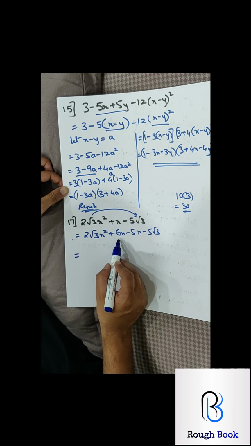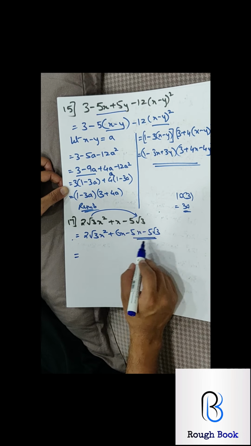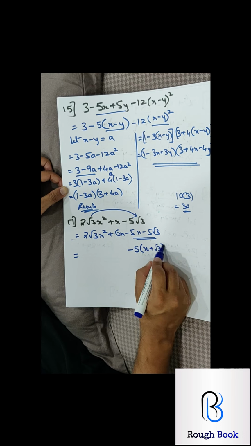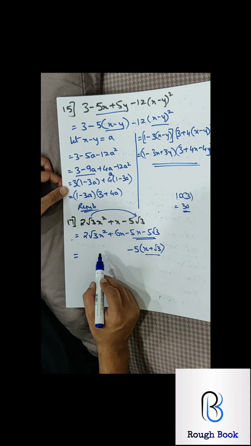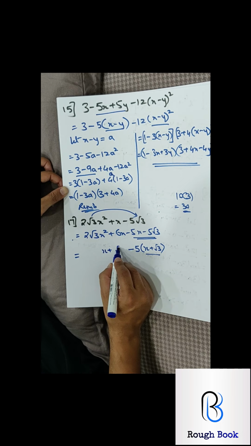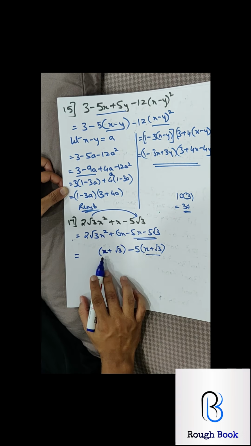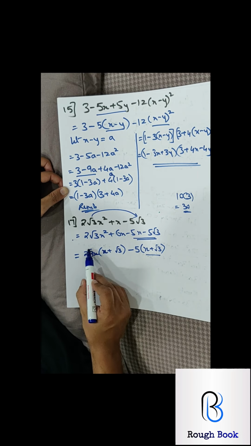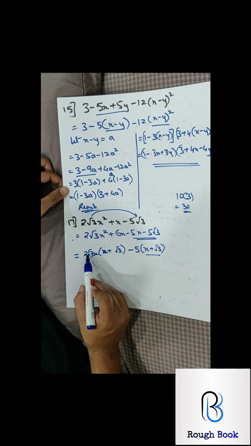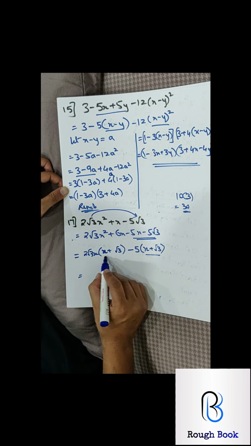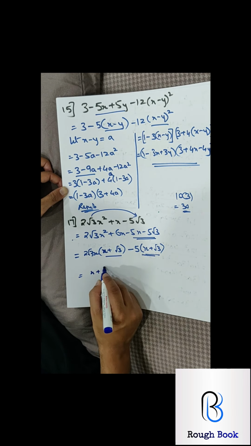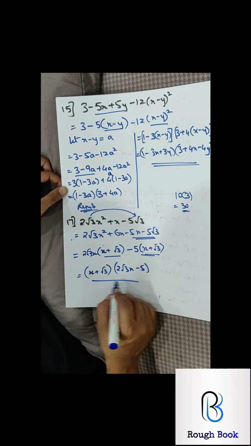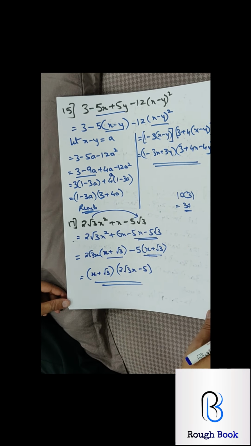Now here it's difficult to find out what's common, but here it's simple. So start with the part which is simple. I can pull minus 5 common, x plus root 3, because minus has been pulled. Same thing has to come here, so we are cheating now, x plus root 3 first. If I pull x, what is left here is 2 root 3x. Open and see, this is sorted. Root 3 into root 3 is 3, so 2 3s are 6 and x. So both are sorted. Now whatever is common I'll pull out: x plus root 3 and 2 root 3x minus 5. Yeah? I hope you managed.